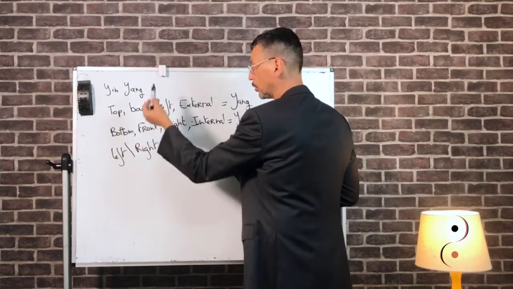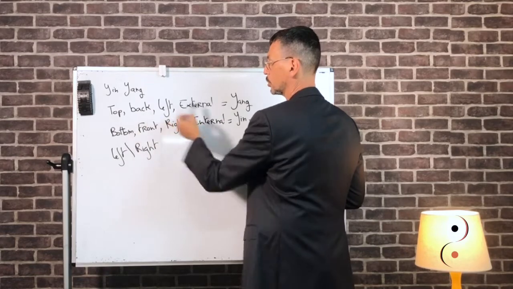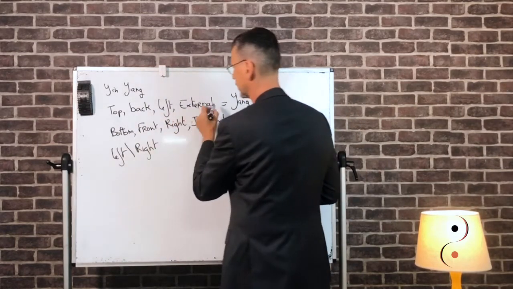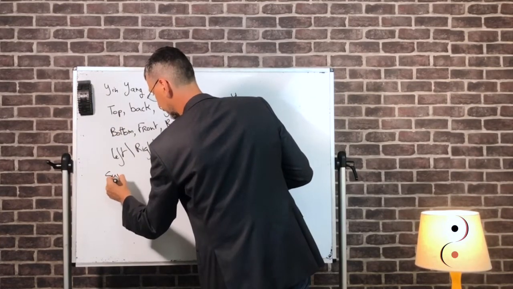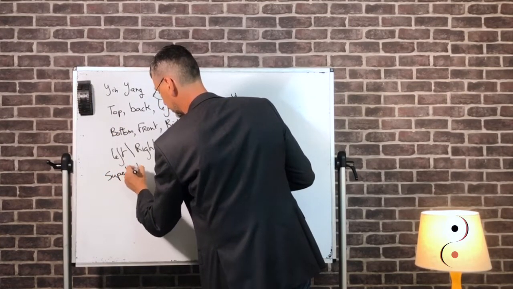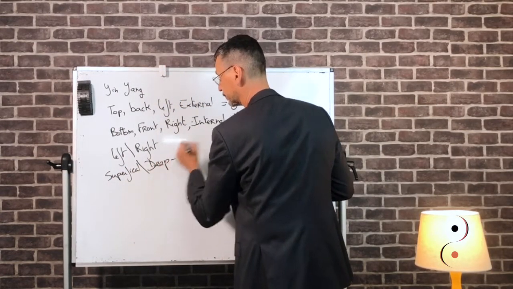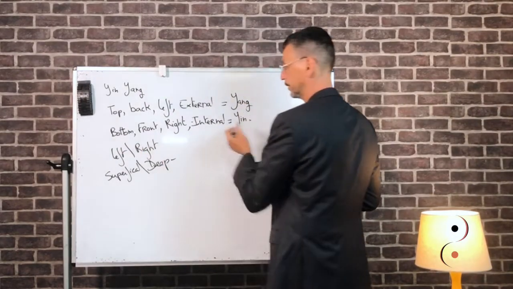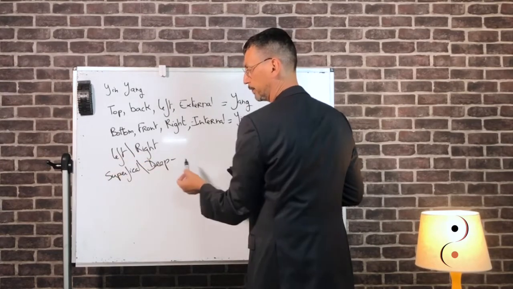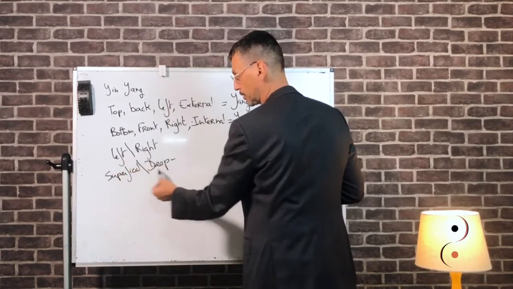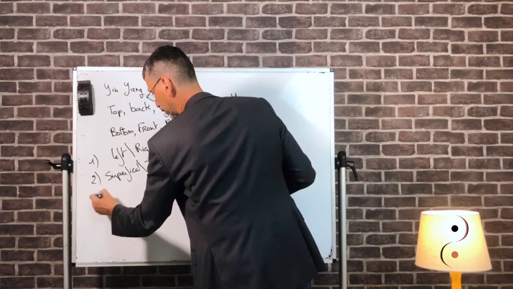But the yin-yang can also be analyzed thanks to a comparison between the superficial pulse, which corresponds to the external part, or the top, and the deep pulse, the bottom or the internal. So this is one way of analyzing the yin-yang. This is the second one. And the third one,